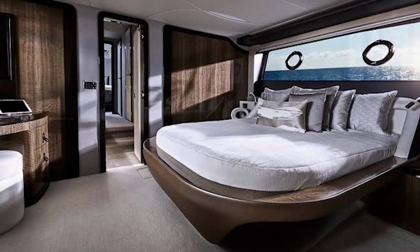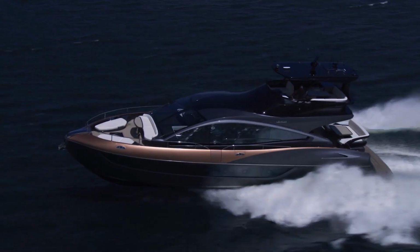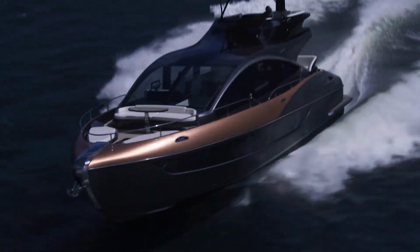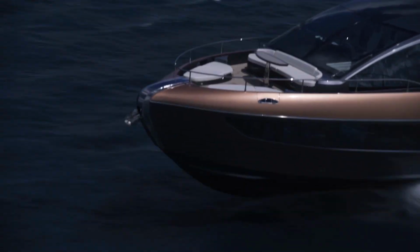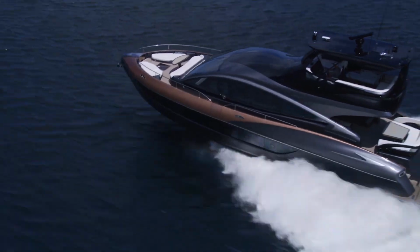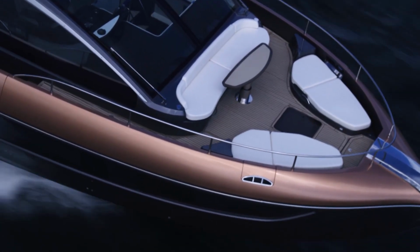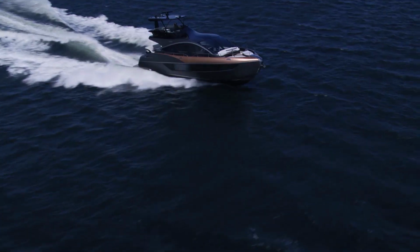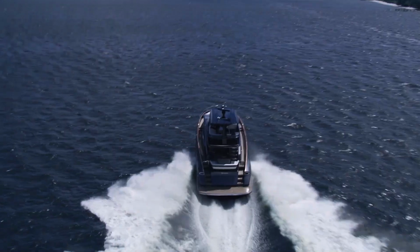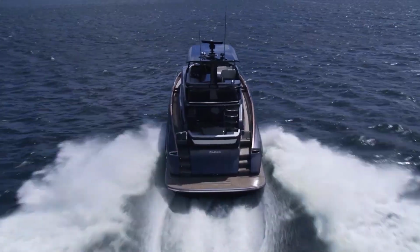The advanced onboard technology takes the experience to the next level, offering precise control and ensuring that even the roughest waters feel manageable. The LY 650 is engineered to deliver an exhilarating experience for those who enjoy the thrill of yachting, while also being user-friendly enough for newcomers to the lifestyle. The combination of Lexus automotive expertise and innovative marine engineering creates a vessel that is as enjoyable to pilot as it is to admire. The Lexus LY 650 is more than just a yacht, it's a statement of luxury and